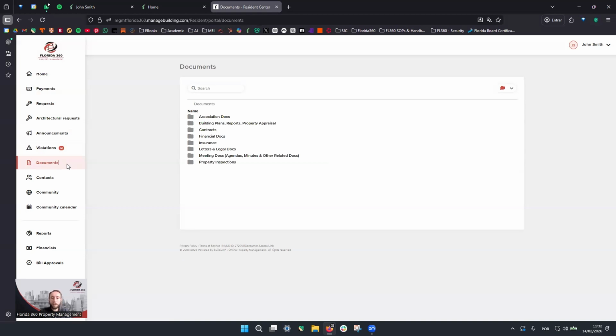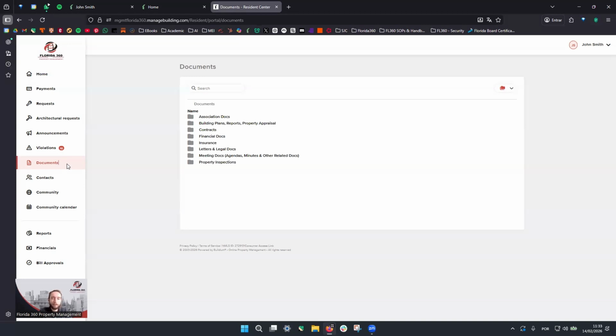When I click on the documents section, I'll see all the different folders, and each folder is separate based on the category of documents that are inside it. We have association documents, building plans, reports, property appraisals, contracts, financial docs, insurance, letters and legal docs, meeting documents, and